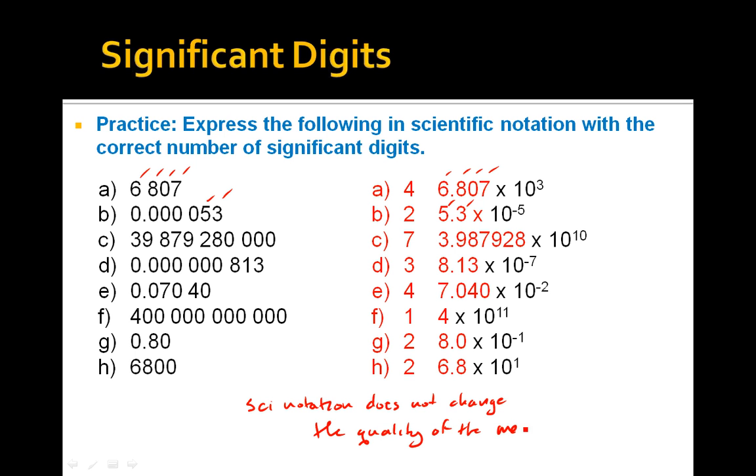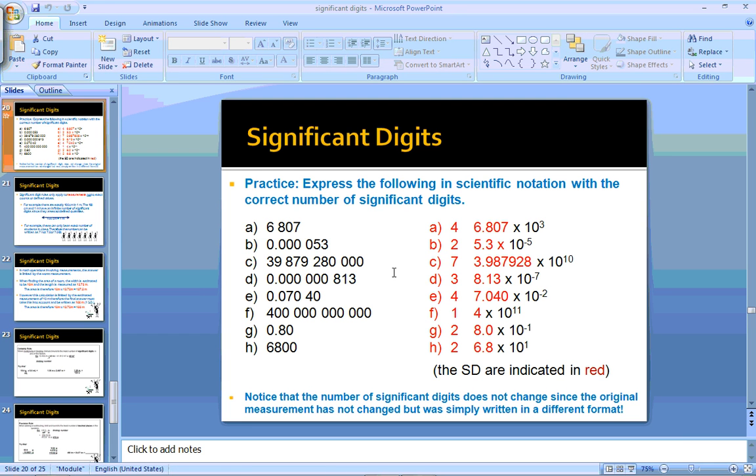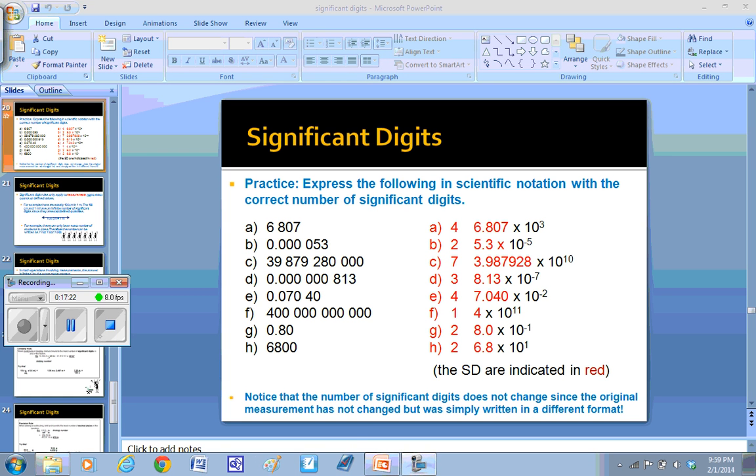So it's the same number of significant digits that you record. Okay? So what I'd like to do at this point is we're going to be stopping the video. And what I'd like you to do in the next segment is take a look at how we can calculate this significant